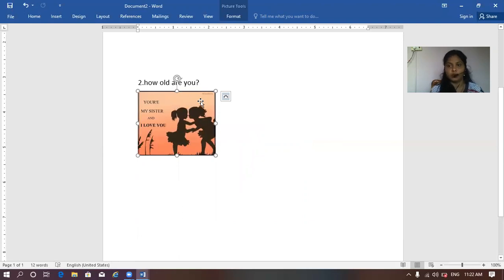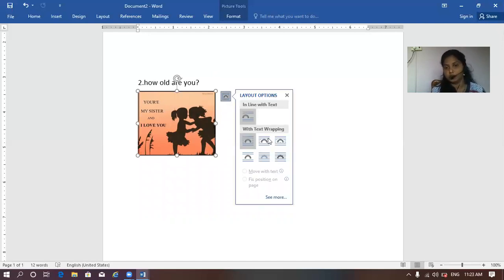Now, with the pictures, we will write some text between or in front of the picture. For all these options, you can choose how your text should look. Suppose you want your text in the middle, then you can select that option.